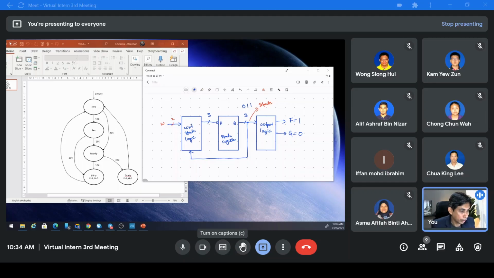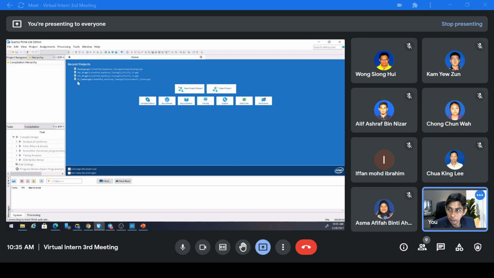So I will share the file. Okay, you get the file? Have you got the file? Yes, Doctor. Okay, so you can open the project in Quartus and